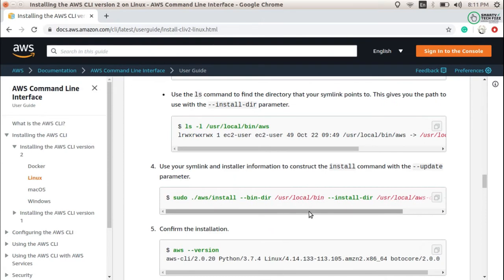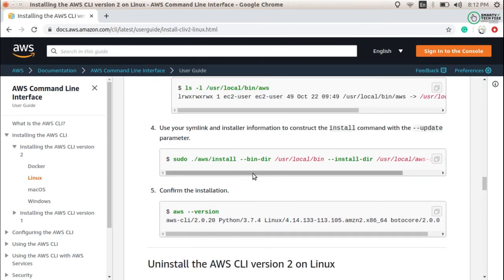Now again we need to construct the install command with the update parameter, as we have done. However, I was installing, but still I have done it with the update parameter. Next, confirm the installation: just check aws --version and see if you are on the current version or not.